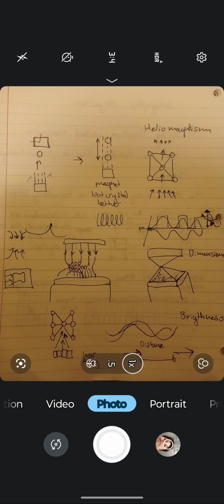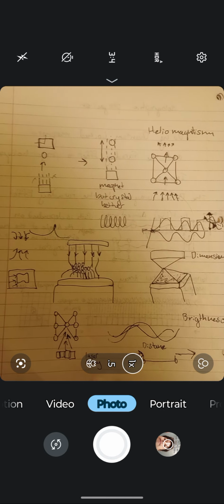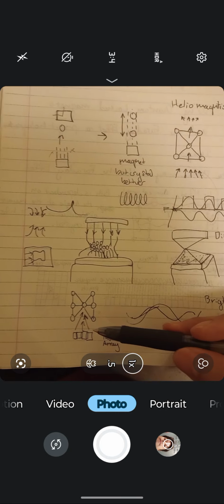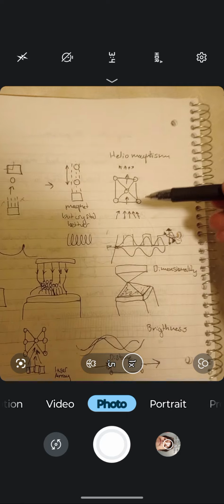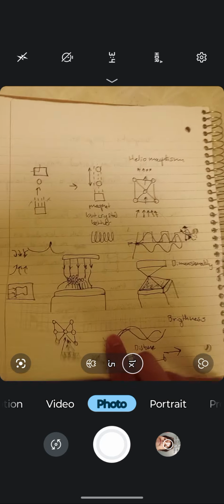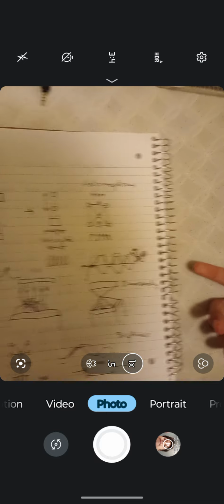And the best way to make this so that you can do brightness, and obviously different colors, is to have a laser array that shoots through the crystal that is heliomagnetic, and you can change its shape, depending on obviously the magnetic grid. Though it's going to be really hard to